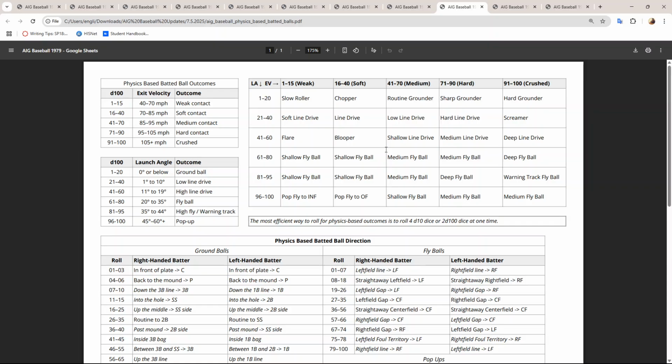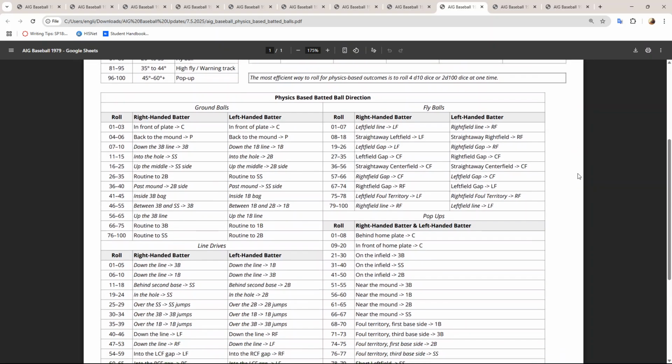This is a work in progress. I've not even played a game with this, so I'm putting it out there for you to try it and let me know what you're doing. So basically, these D100s here need to be these things here. So they match up: 61 to 80, 81 to 95. These all match up here. They just need to be made explicit with these. So if you want to play with that, just make sure you look at these and then substitute in these